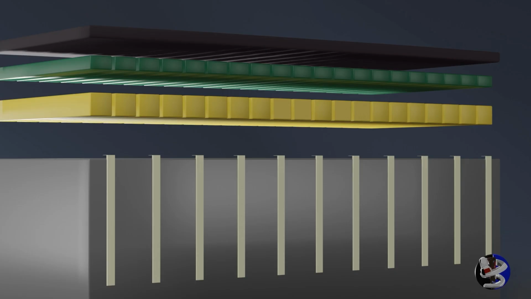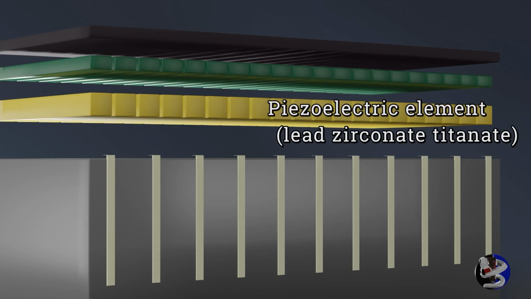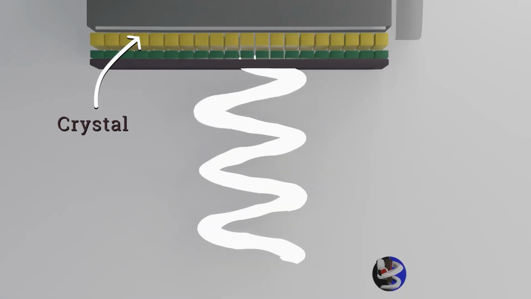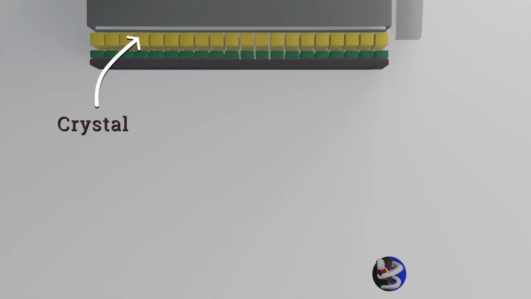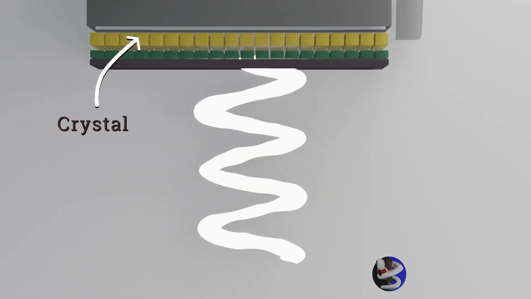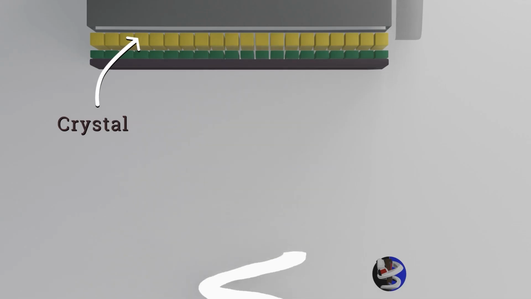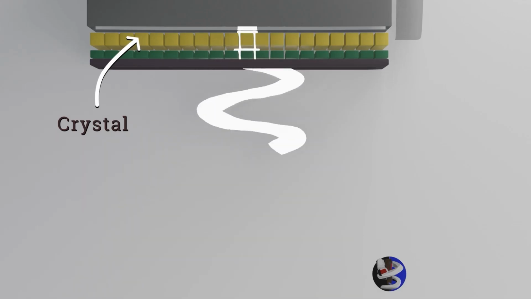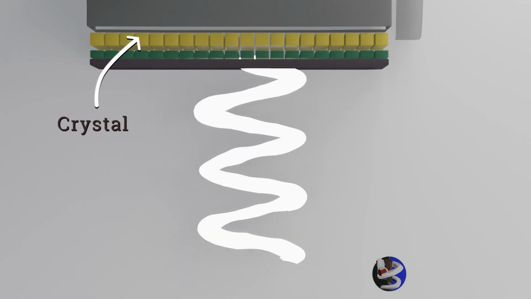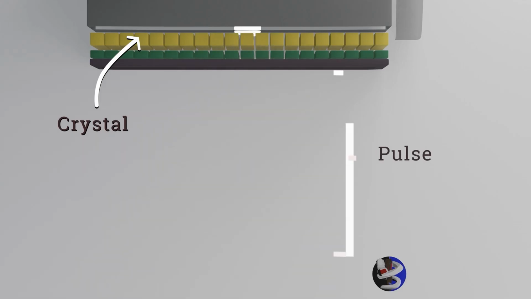The primary component of the transducer is the piezoelectric ceramic element, composed of different materials including lead zirconate titanate. The crystal is the mechanism that allows transmission and reception of ultrasound waves. In this review, we'll be using the term crystal to refer to its piezoelectric element. It transmits ultrasound waves after being stimulated by an alternating electrical current. These pulse signals are reflected back to the piezoelectric crystal, which then generates an electrical signal that is then processed and displayed. Notice that the crystal does not emit a single wave, but a pulse composed of a varying number